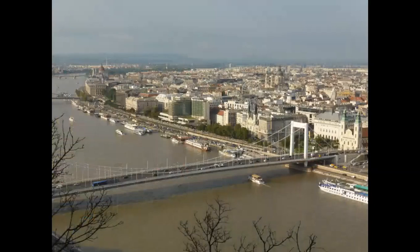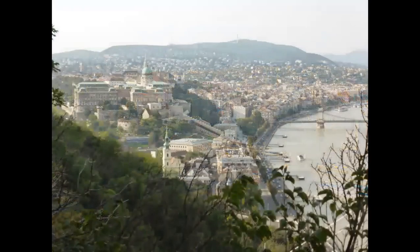If you have time, it's worth it to climb over on the Buda side. This is the west side of the Danube, to the Citadel, which is not far from Gellert Hill, where we started. There are excellent views over the entire city. You can see St. Stephen's Cathedral off in the distance, and way off upriver, you can just see the dome of the Parliament building. There's also an excellent view north to the old city of Buda, where Buda Castle and